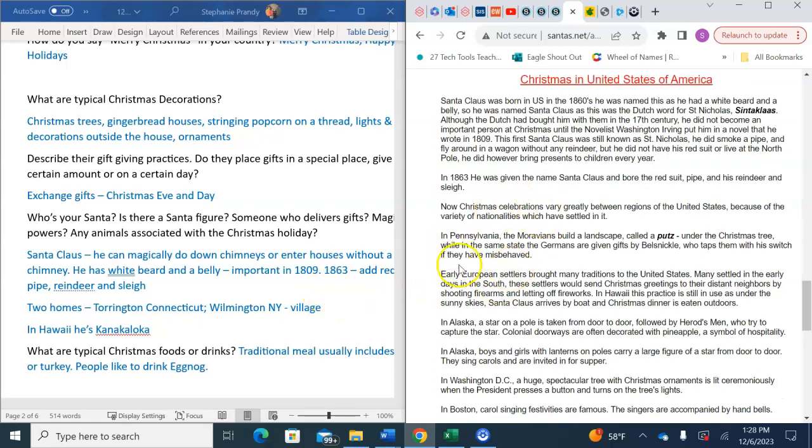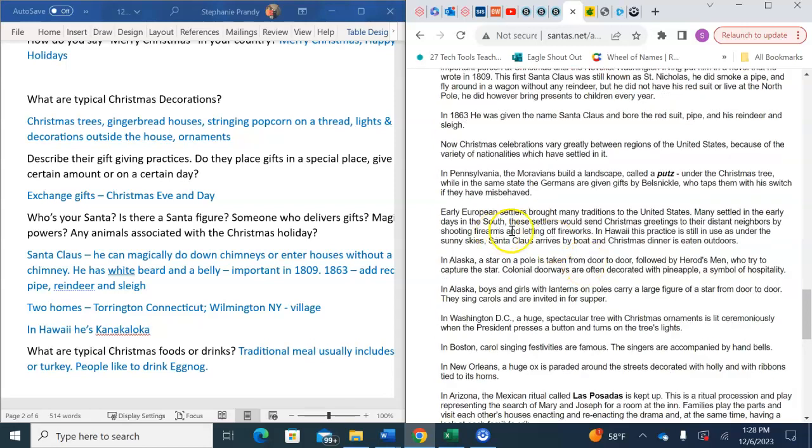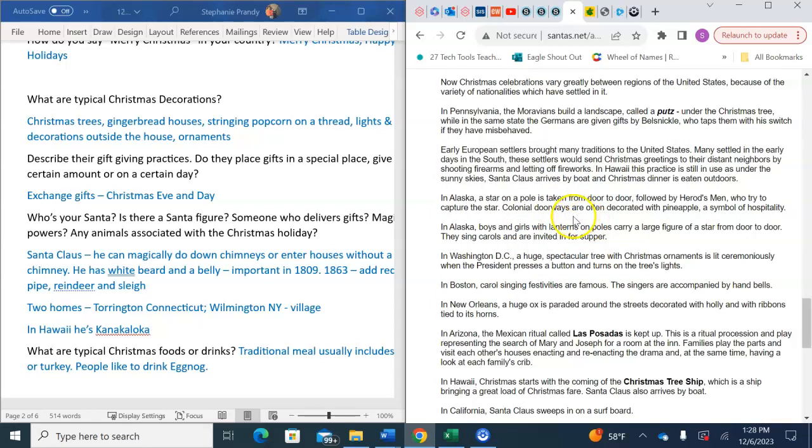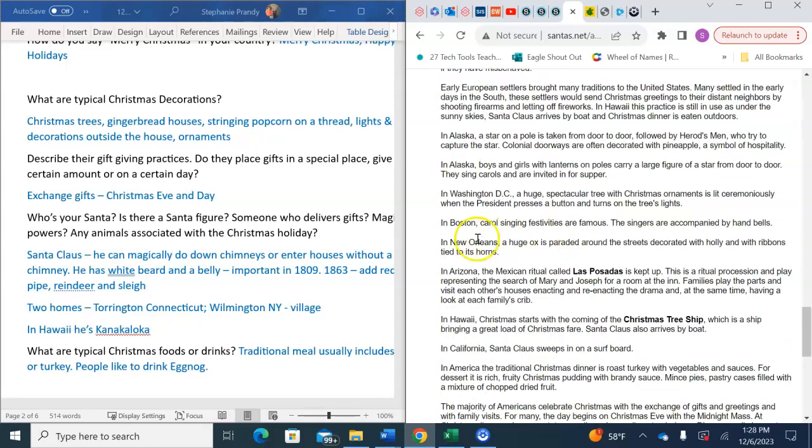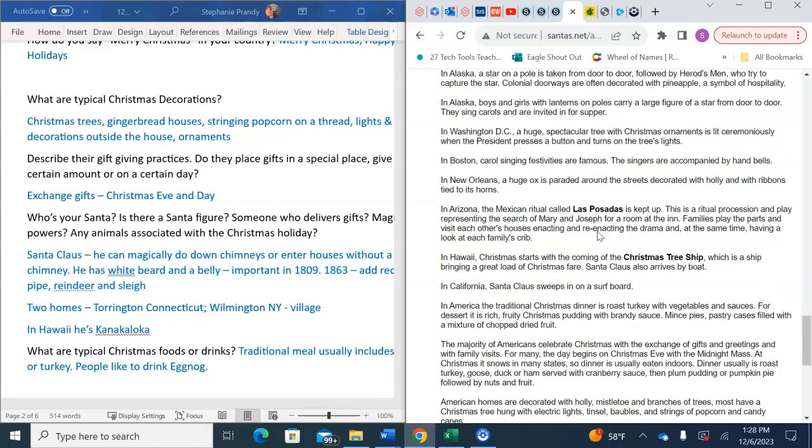And then, reading on, I could have talked about some of the traditions of Pennsylvania and the Moravians. There's some stuff about letting off fireworks, some things that happen in Alaska where they put a door on it and go door to door, and how Boston has a huge caroling. And then here's where I got the Las Posadas and the Christmas tree ship.